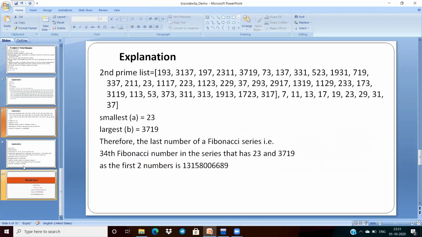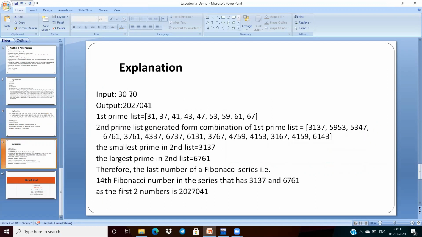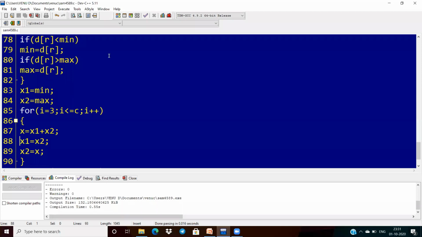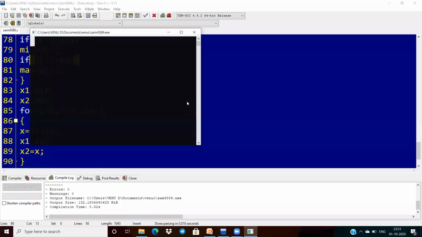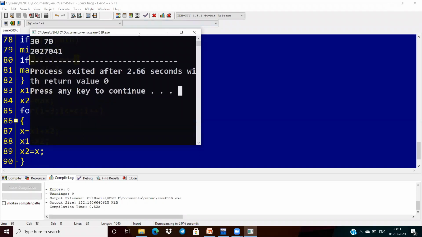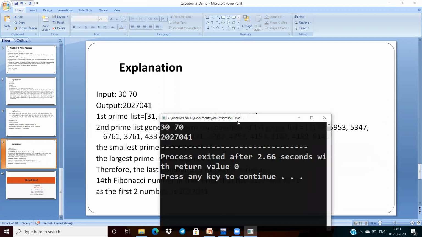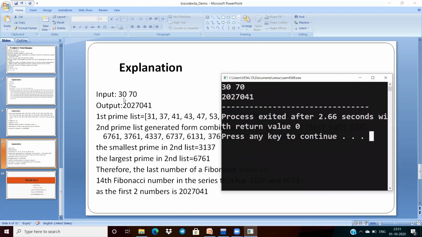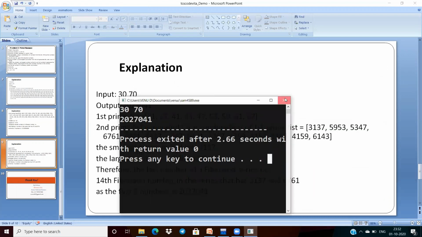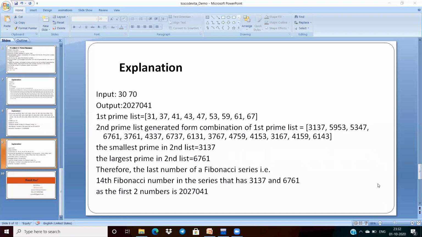If the input is 30 and 70, then the expected output is this. Verify whether I'm getting it correct or not. So 30, 70, 20, 27, 0, 41. Yes, everything is correct.